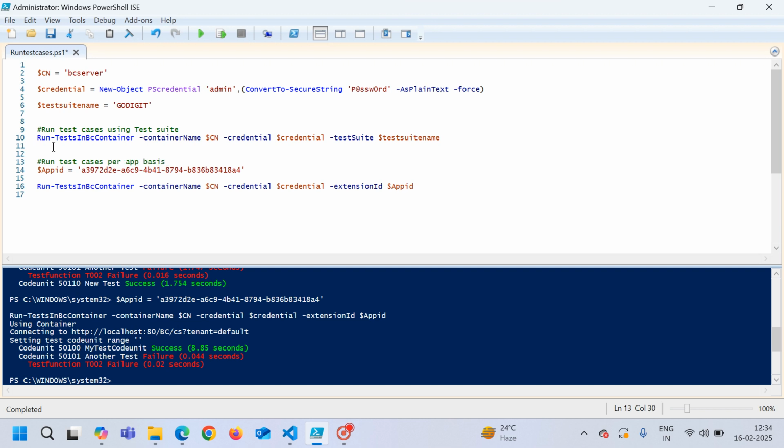But now again the question is, in case I have multiple test apps installed and I want to run the test cases of all the test apps, how will I do that? Should I pass all the app IDs one by one here? That is again a cumbersome activity. So for that we can do some tweak and use another helper command, which is something like